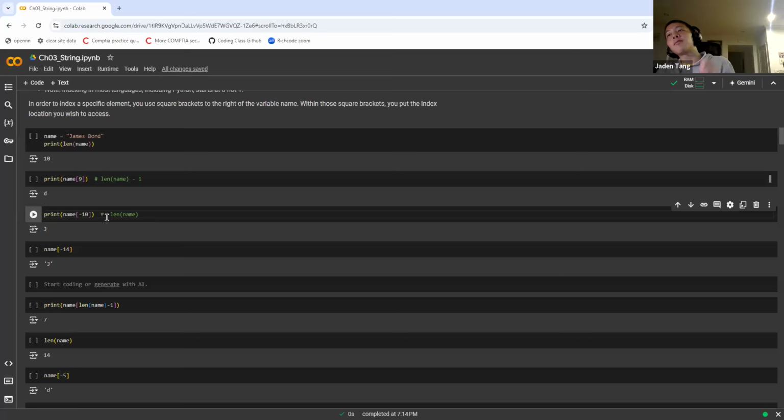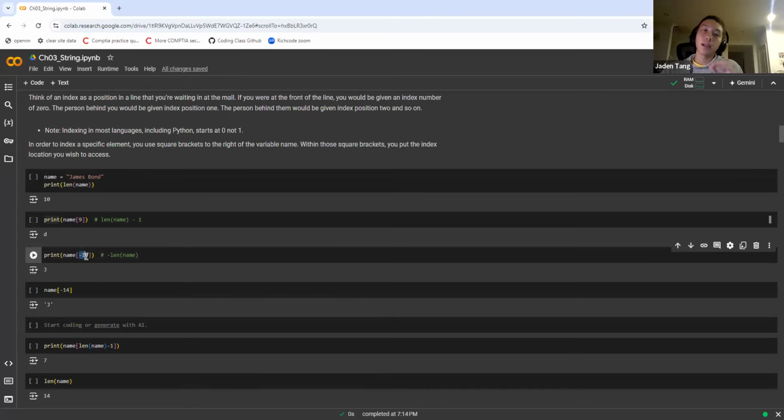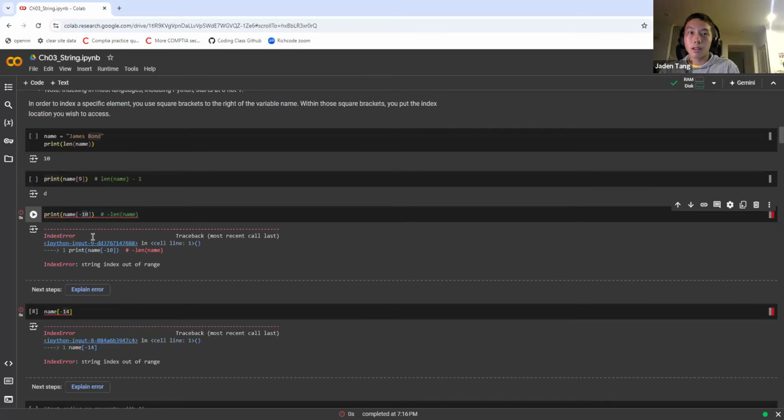And if you want to go from the back, you can use the negative index. So basically, it is negative 10. It just goes back 10 characters from the end of the string, which is J. And if we did negative 14,